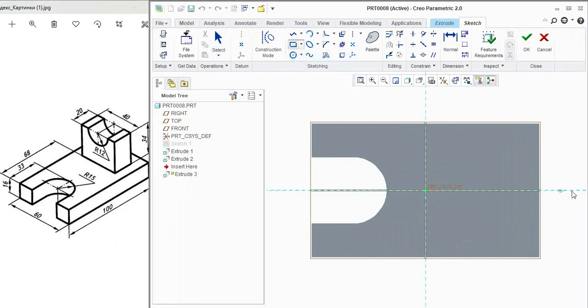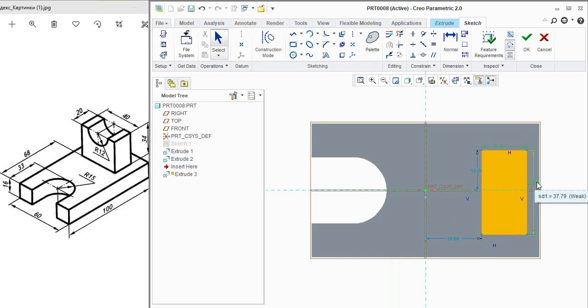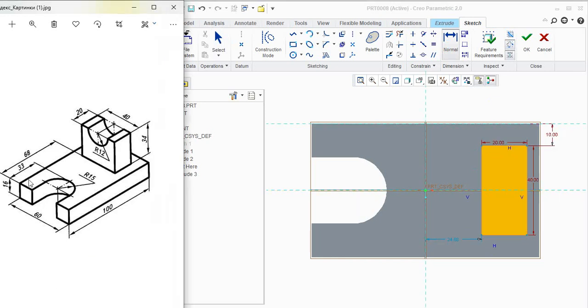We will take a corner rectangle and give the dimensions: 20 mm and 40 mm. From this corner edge to this edge is 10 mm. And again from this corner edge to this edge they have given 68 mm.